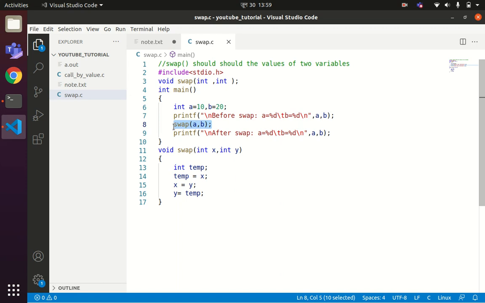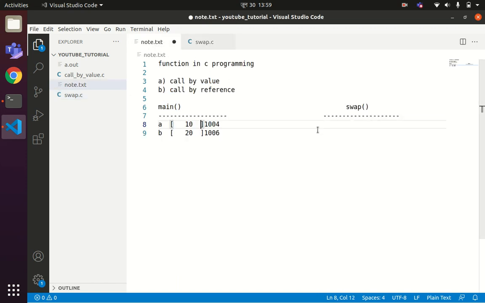So when the function swap is called, the control will pass to line number 11. In line number 11, the swap function will create two local variables x and y. When a variable is declared, memory will be allocated, suppose for an integer it will be 2 bytes of memory space.